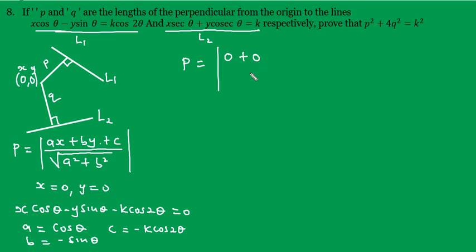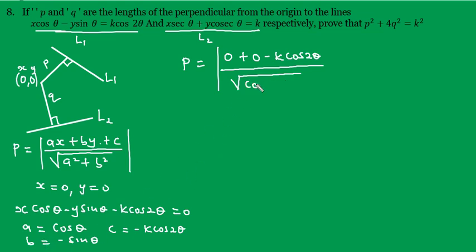So that is also 0. Then the constant is negative k cos 2 theta. Then all over the square root of a squared plus b squared,